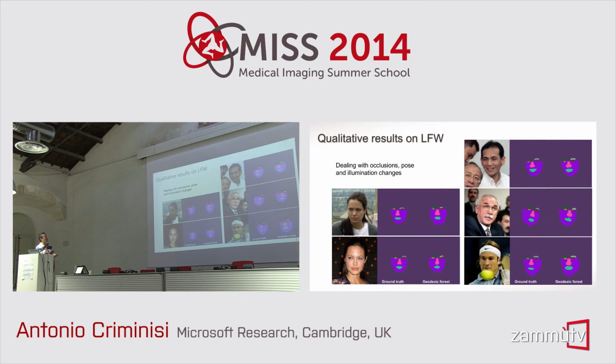This is another slide which shows some robustness with respect to pose and illumination changes, some occlusion, and also the presence of multiple faces. And here you think, wait a minute, something is going wrong. Why does it detect only one face when there are 3 faces? Well, in this data set, because most of the faces are single faces in the center of the picture, the forest has learned a very strong prior that there has to be only one face in the center of the picture. And so it discards all these other faces.